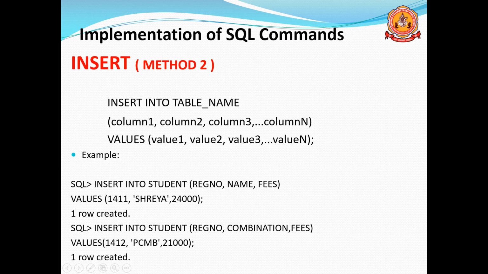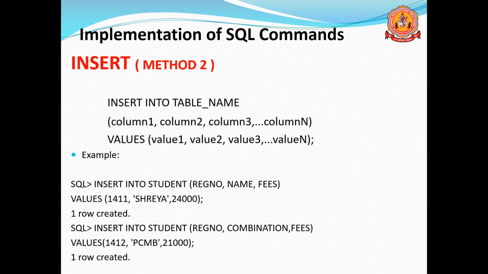So here is the second method. In the second method, you can see that columns are added. In the first part, the columns are neglected. In the second part, columns are added. So when you are going to add the columns, after the table name, you have to insert the brackets. You have to provide the different columns.